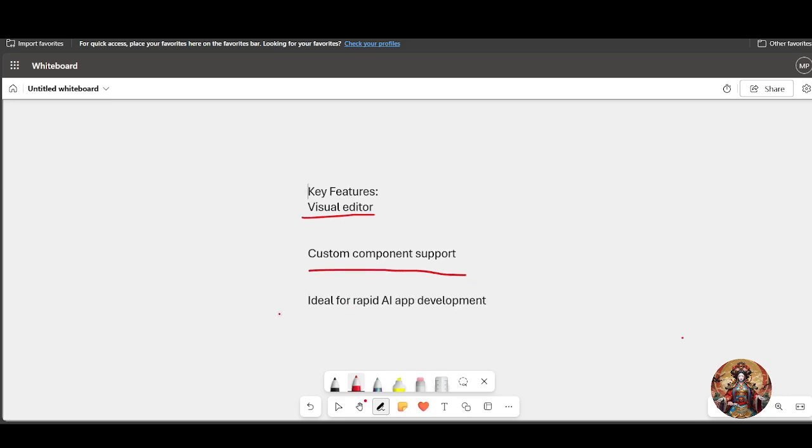So the third feature which we are talking about is that it is ideal for rapid AI app development. If you're in a hurry to get from idea to prototype, these tools are a lifesaver. They streamline the development process with ready-made tools, reusable components, and easy testing, helping both technical and non-technical teams build AI apps faster than ever. But the downside is you will still need a basic understanding of AI workflows to get the most out of it. So that's it for